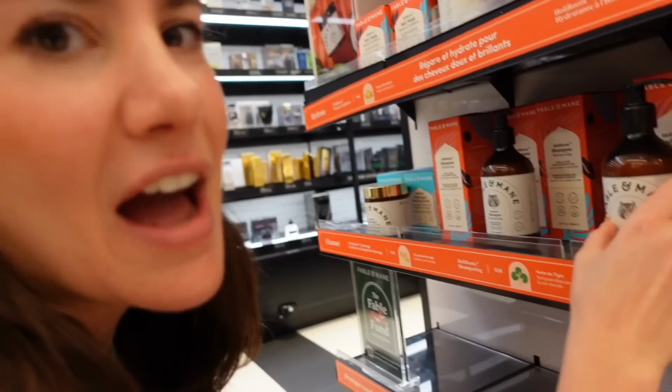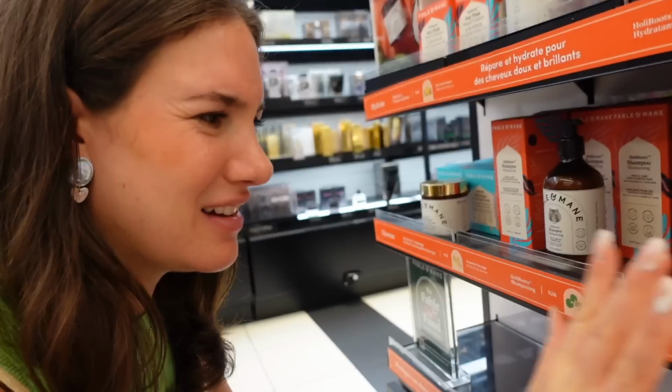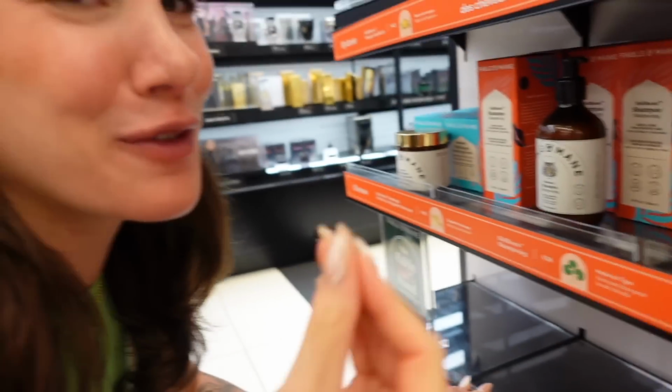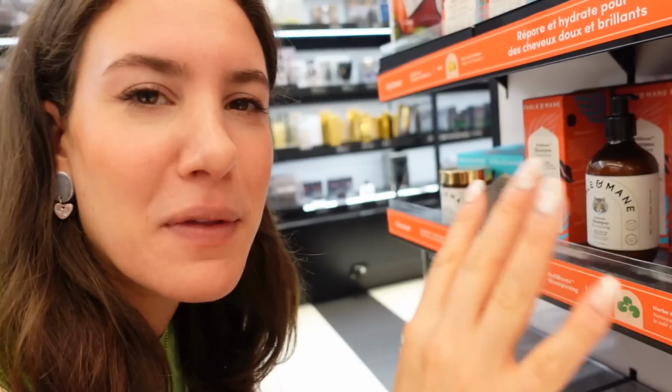It's getting full in there. I finally found the conditioner for the Fable & Mane, so I'm gonna grab that. Ew. This Sephora is very dirty. I keep touching really gross things. I can't. Oh man. Okay, so this is for my non-curly days, and then I'm getting the Pattern stuff